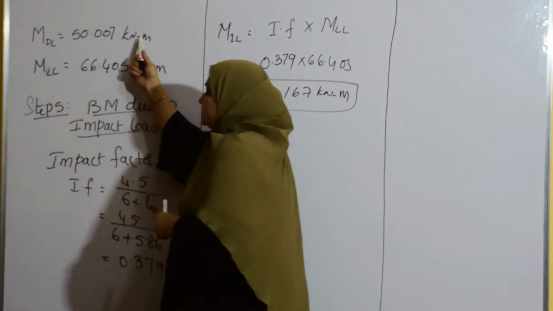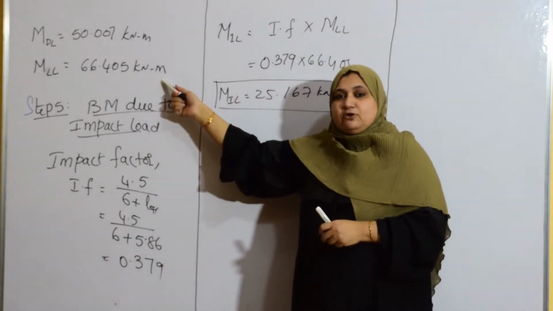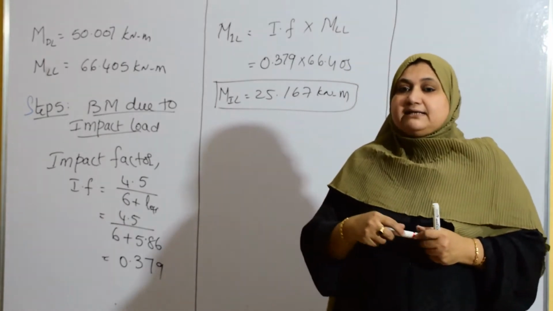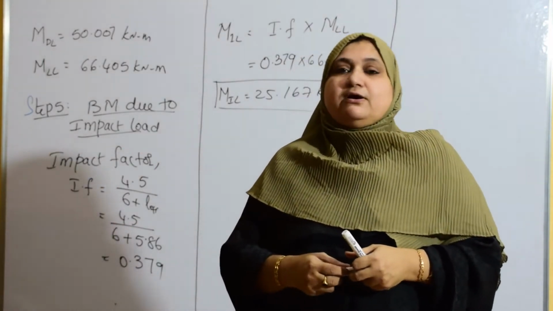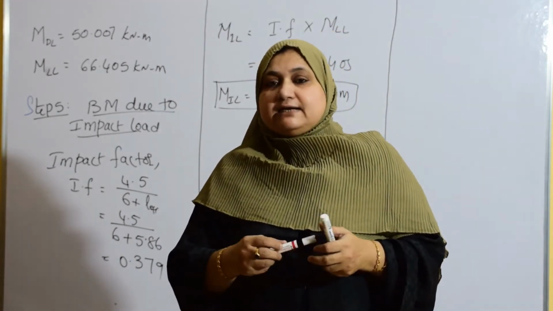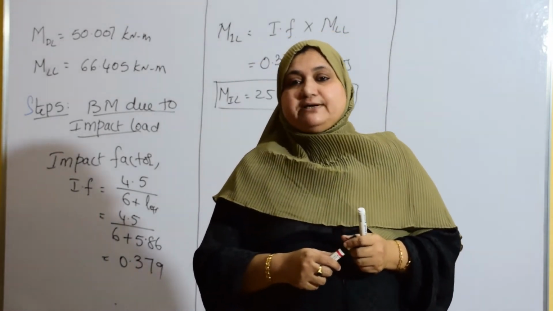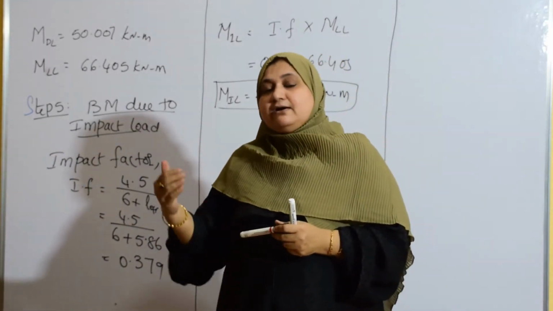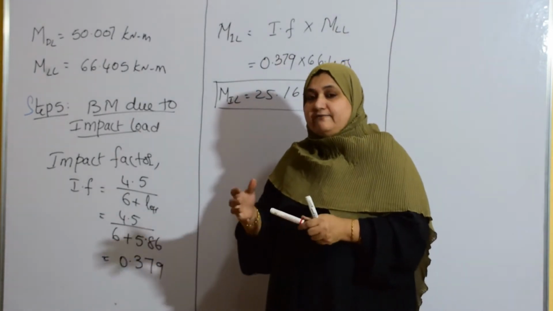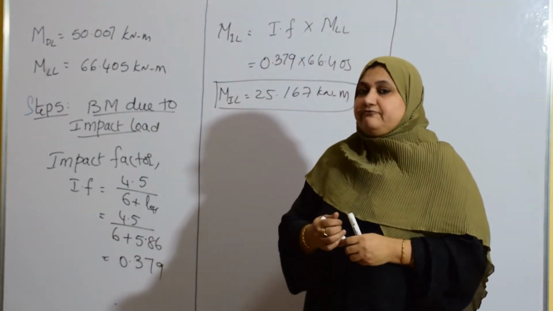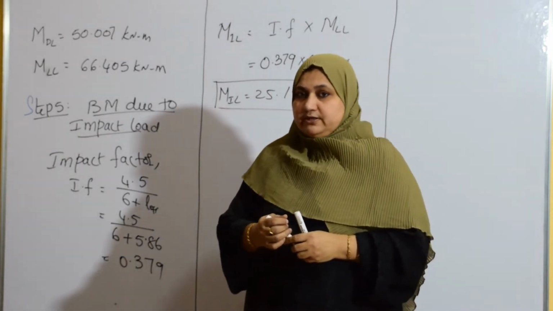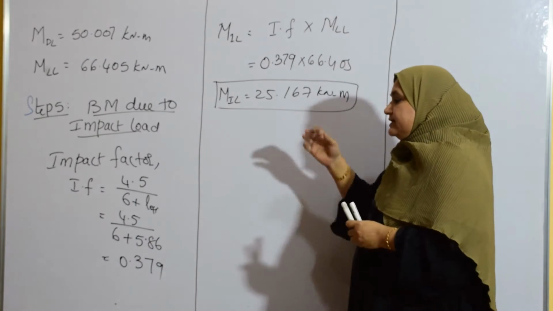So with this we have all the bending moments: bending moment due to dead load, bending moment due to live load or wheel load, and bending moment due to impact load. The major hurdle was the wheel load bending moment. That was a very difficult task for us. Remaining all is easy. Dead load was also easy, and this impact is also easy. So you have to understand part 2 very well, how to place a vehicle load according to the type of loading.